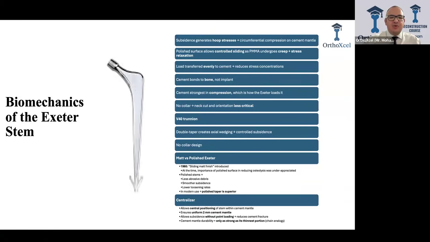in the cement and bone by the idea of taper slip. It means when I put this implant inside the cement, it's tapered, so the distal end is smaller than the proximal end. So every time you weight bear on it, every time it's loaded, what will happen? A controlled subsidence of the stem inside the cement will happen. This applies the hoop stresses on the cement tube and the bone tube, and this is the way this implant